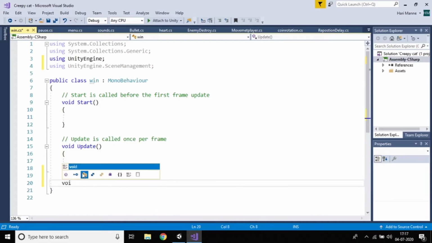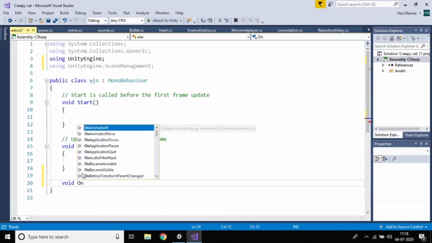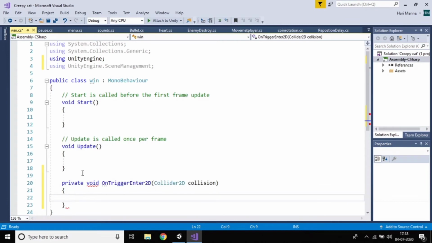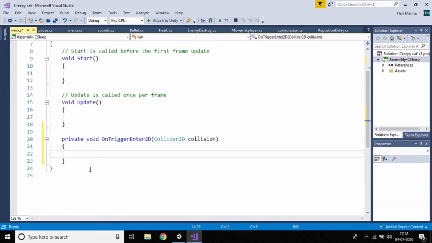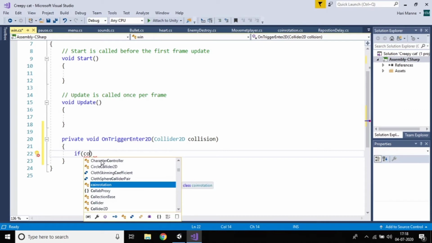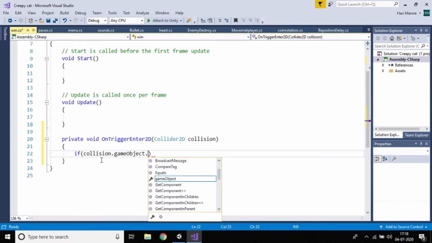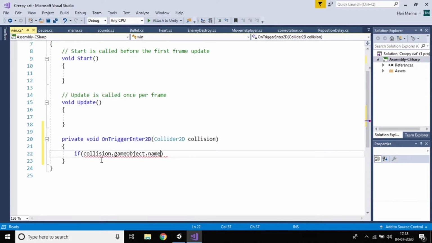So void OnTriggerEnter2D. You can make OnCollisionEnter also. Here write an if condition: collision.gameObject.name equal to Player.